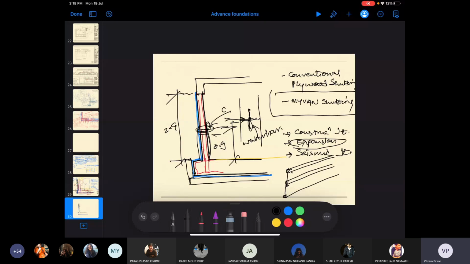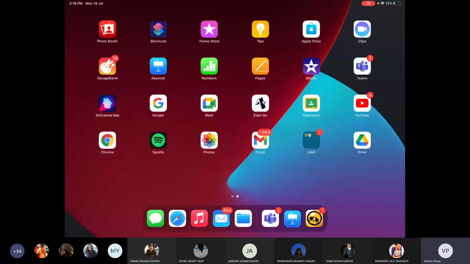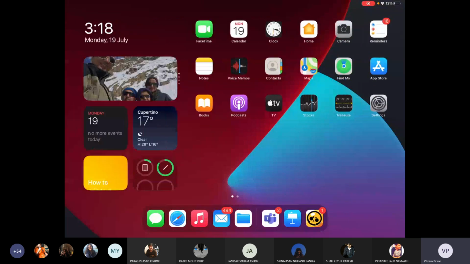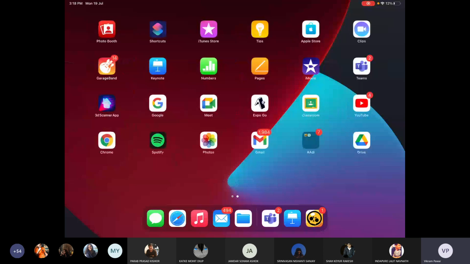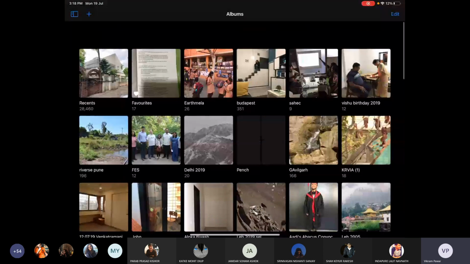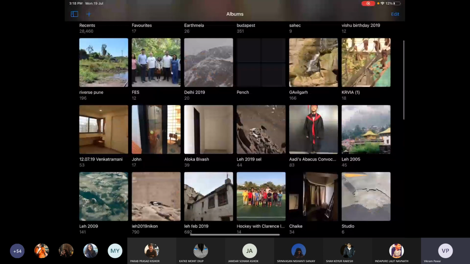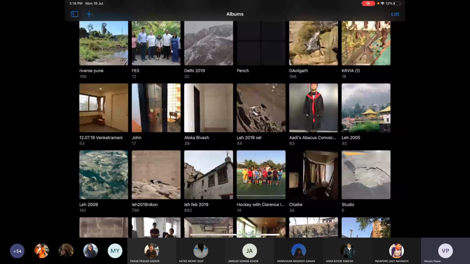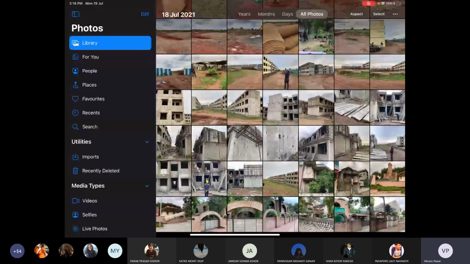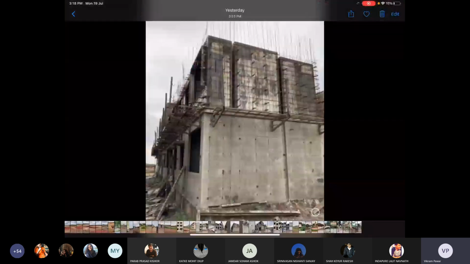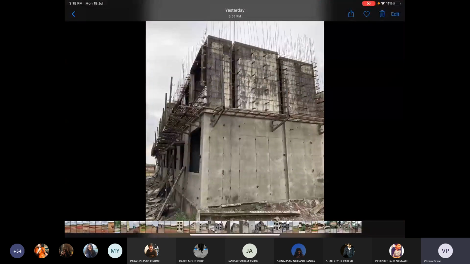They have ribs. I'll show you a Maivan construction. Okay, this is a Maivan construction.